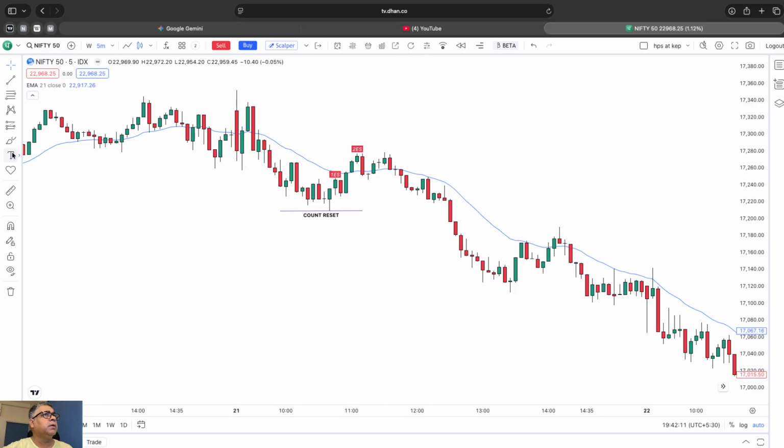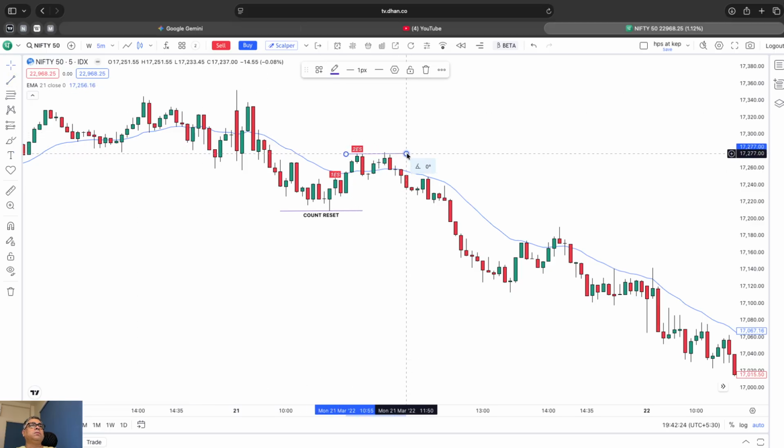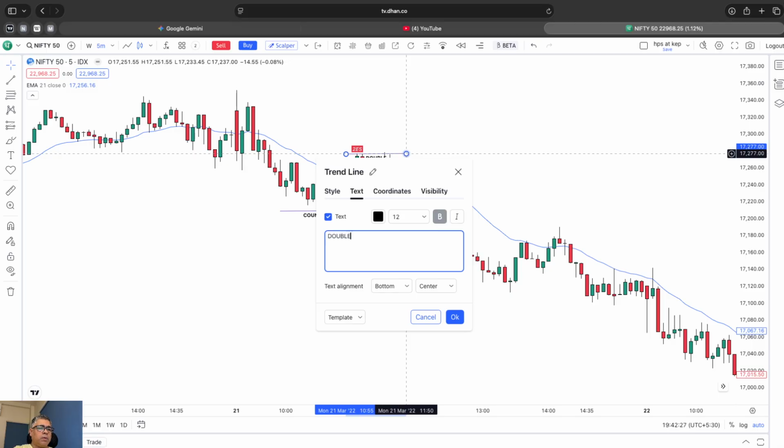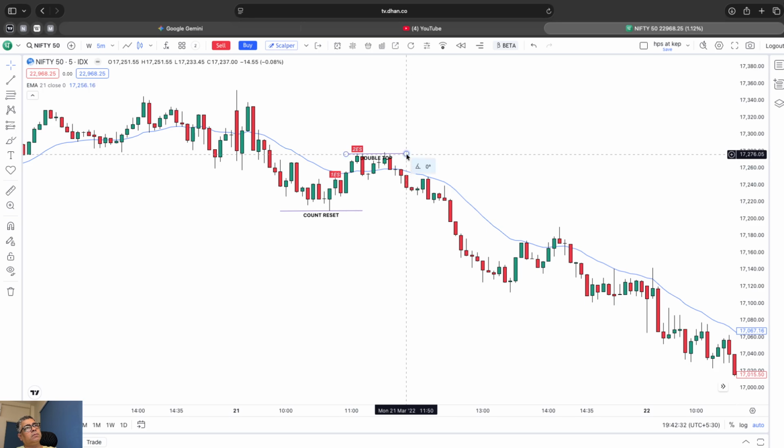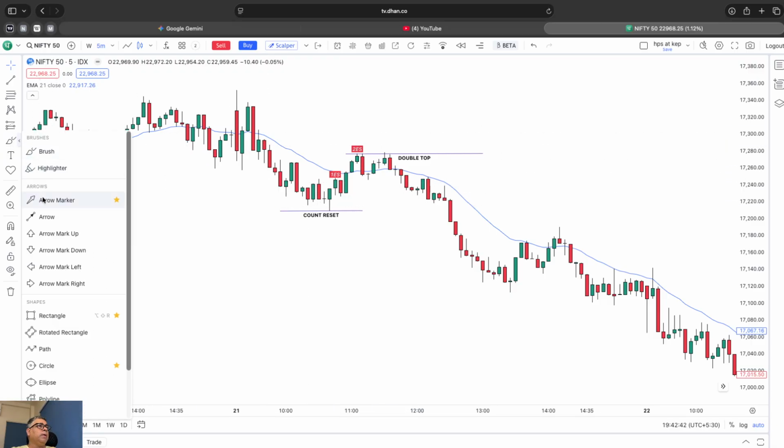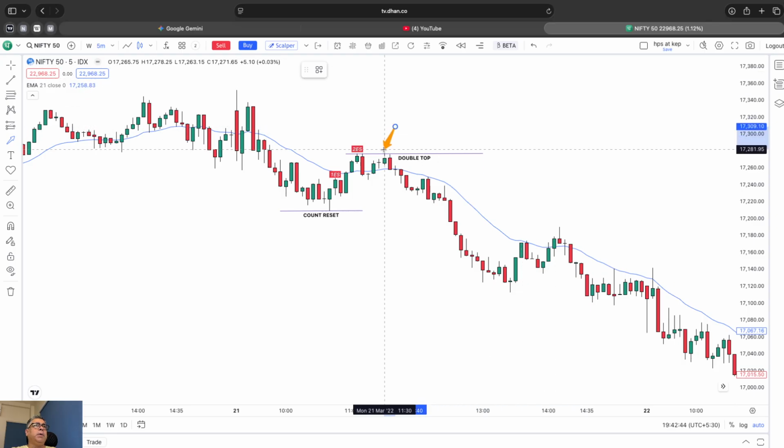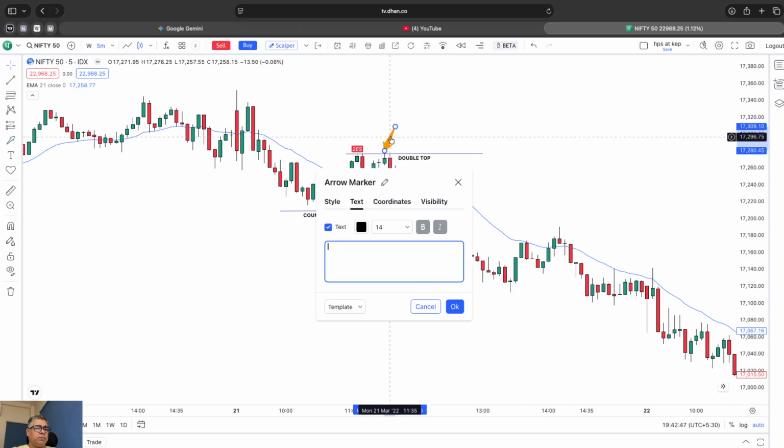But what happened here, the market went up till this level and formed a double top. After forming double top, it went down. What you could have done in such scenario, this is double trap bar,